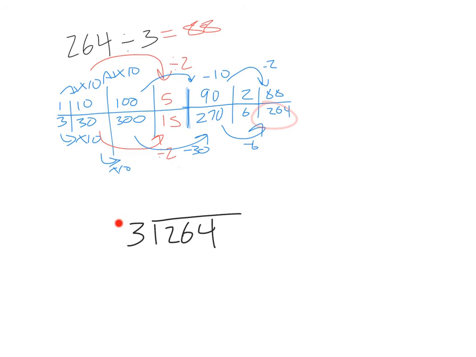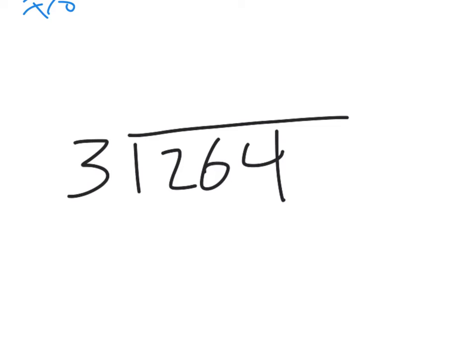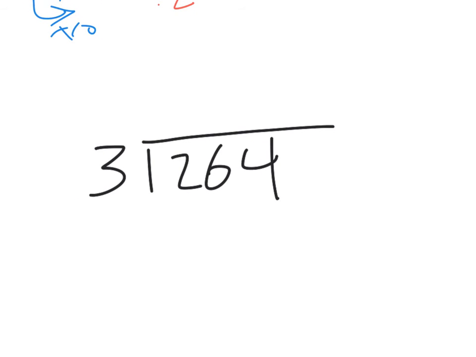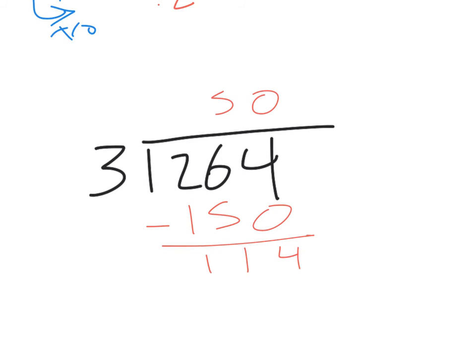I know, so I'm going to think about multiplying by 50. So if I multiply 3 by 50, that would be 150. And using the standard algorithm, I know that I need to subtract. 4 minus 0 is 4, 6 minus 5 is 1, and 2 minus 1 is 1. Now I still have 114 left over, and